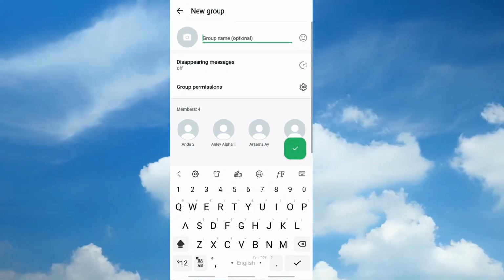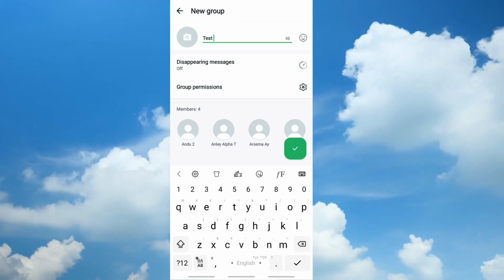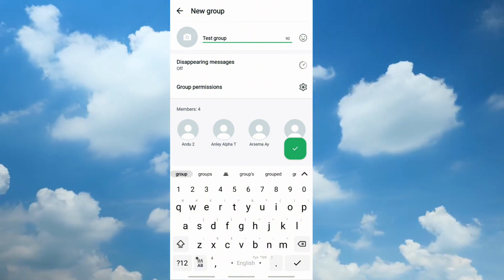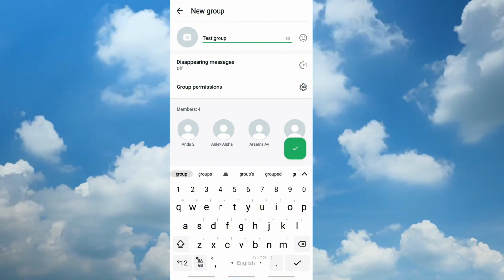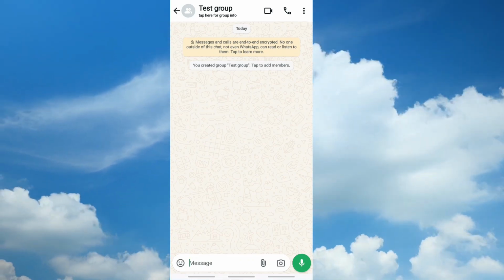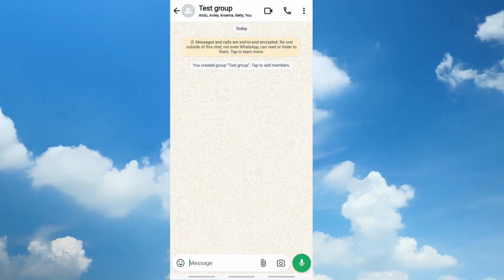our group. Then we have to name the group like this. For now, we give the title Test Group. Then we click the arrow to finish. Here is our group. So let's see how to add our group members into a community, and the community can't